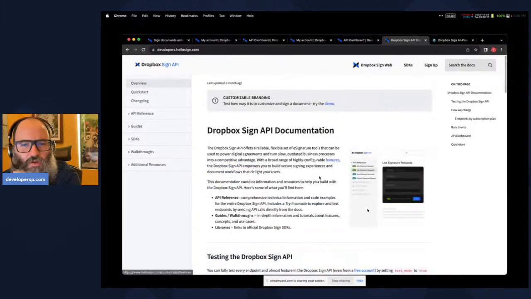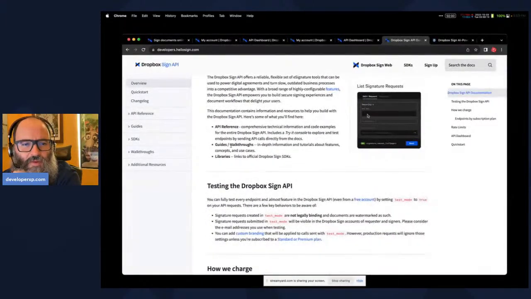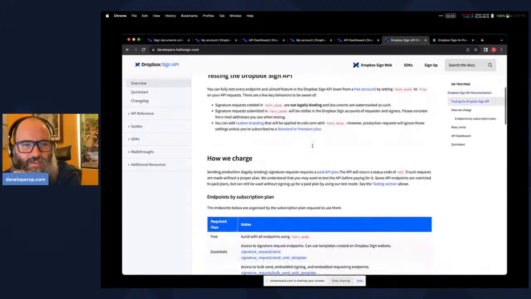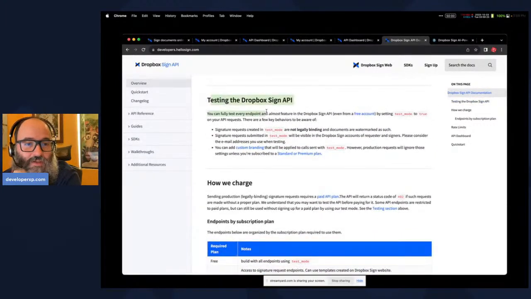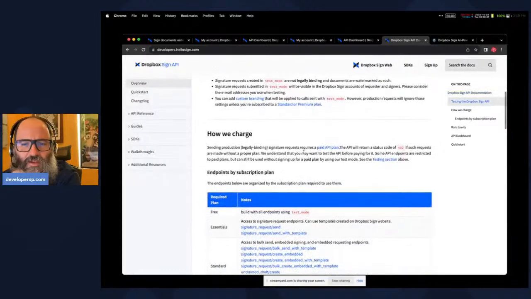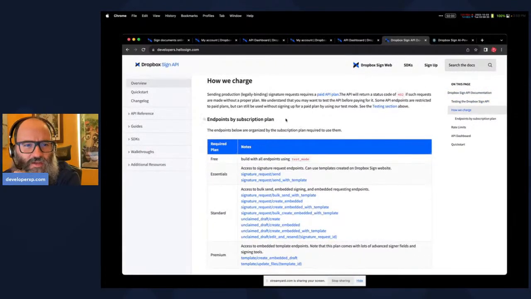Should I have started at the overview? API reference guides, walkthroughs, libraries, testing the sign API by setting test mode to true on the API requests. I do say that in the overview, this was something that's mentioned very early, so I do like that. I do like the layout of the design of this. It seems very clean and spacious. How we charge, endpoints,